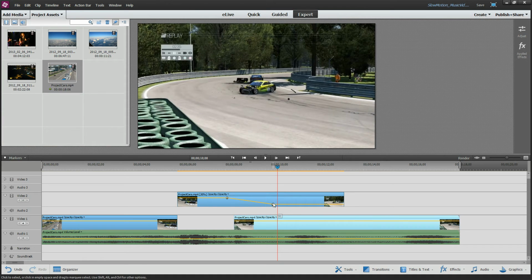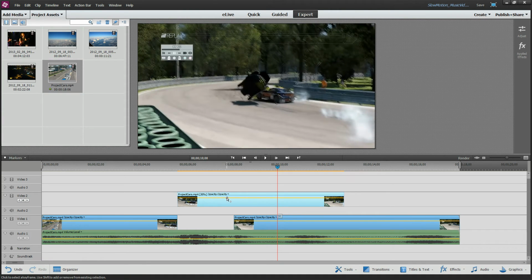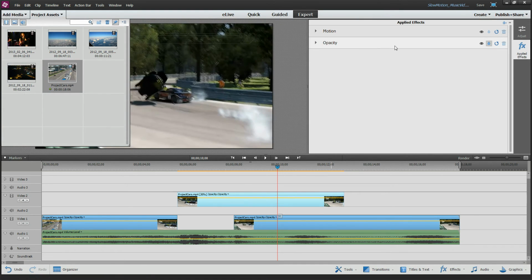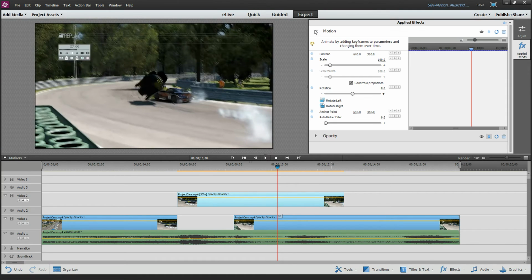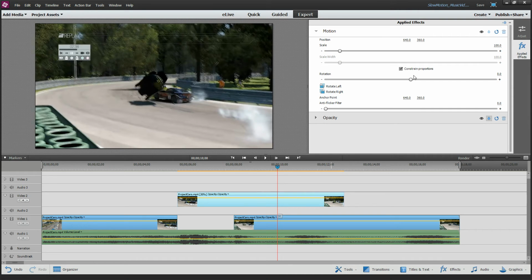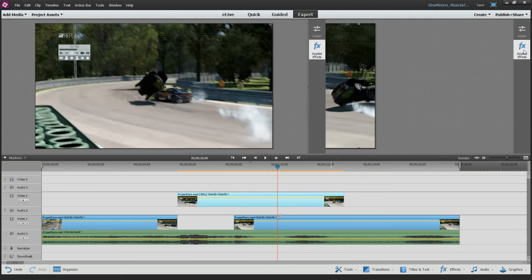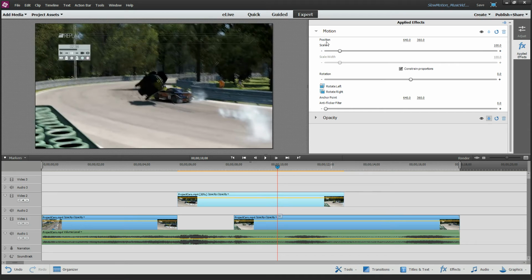Or we can actually pan the video away. So let's just go ahead and do that. Let's select clip number 2, this little video up here. Go to the Applied Effects. Let's get rid of Project Assets. Go to the Motion, and what you're probably going to see most likely is the Applied Effects in this state, where you have the scale, the position, the rotation, everything else.